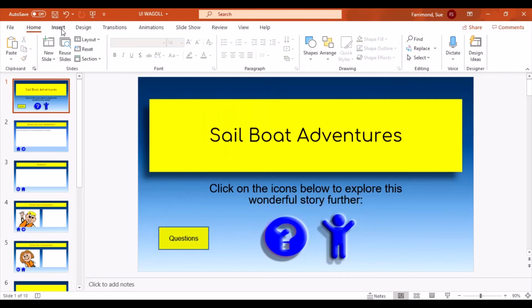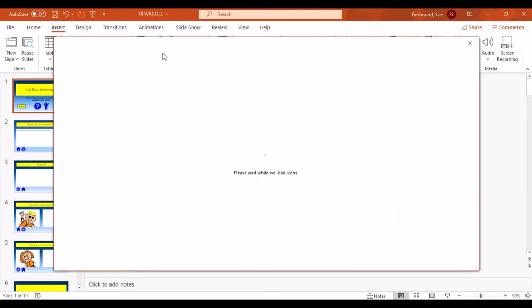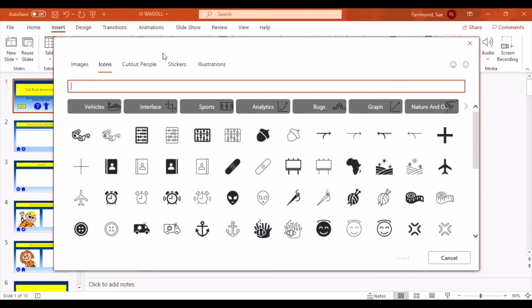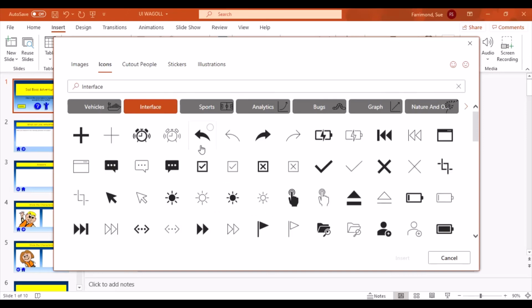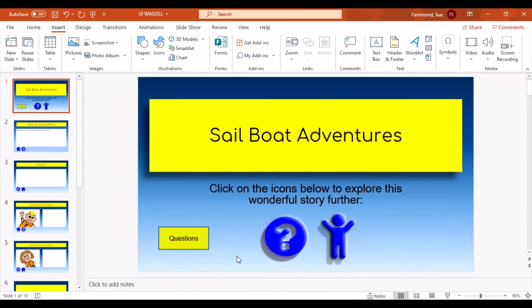So for example, on the insert button there are icons, so just wait whilst they load. Loads of good stuff in here. So for example, interface will allow you to have things like forward and back buttons, home buttons, all sorts of good stuff. Have a little look through, but once you're happy that you've got your button or your icon ready,